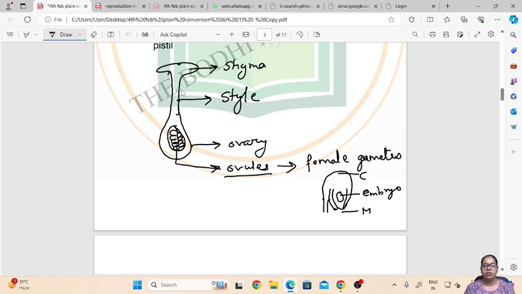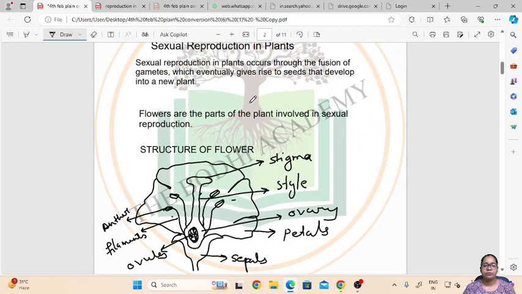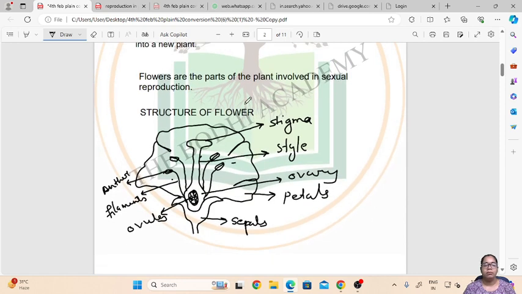So this is the structure of the female gamete, that is the ovule. So this is how the ovule develops inside the ovary. So till now we have studied the sexual reproduction in plant,